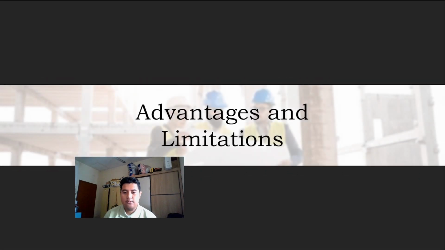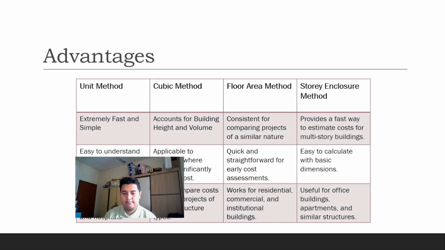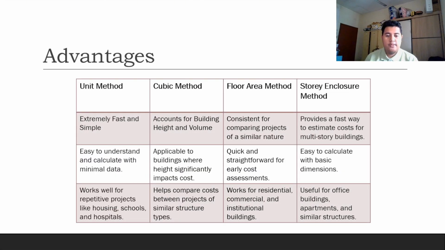Now let's move on to the advantages and limitations. Let's start with the unit method. It is extremely fast and simple because it bypasses architectural details entirely. This makes it incredibly easy to understand and calculate with minimal initial data. It works exceptionally well for repetitive projects like housing, schools, and hospitals, where the cost can be easily predicted by